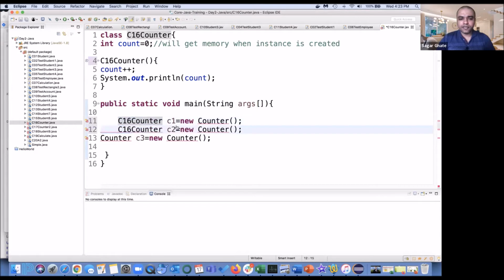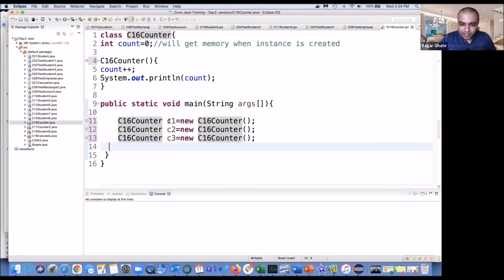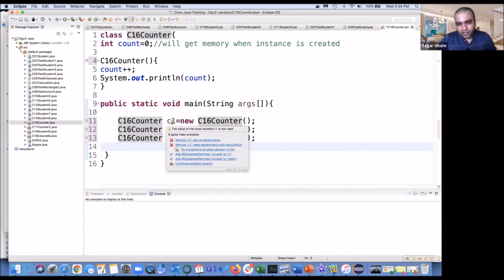This is the same class which we created, and what we are doing is we have created three objects, C1, C2 and C3. We are just creating the objects, and we are not doing any operation on C1, C2, C3. That's the reason you can see this yellow mark, which says the value of the local variable C1 is not used.